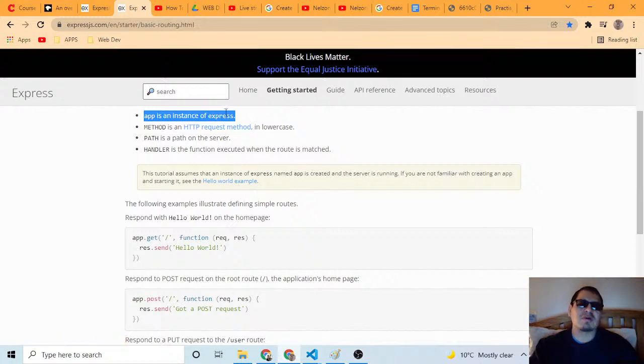Okay, Express then was a library. When I did Java or C, we had a class. If we compiled the class, it gave us an object, an instance of the class. Here, if this is an instance of Express, then it's an object. App has to be an object.